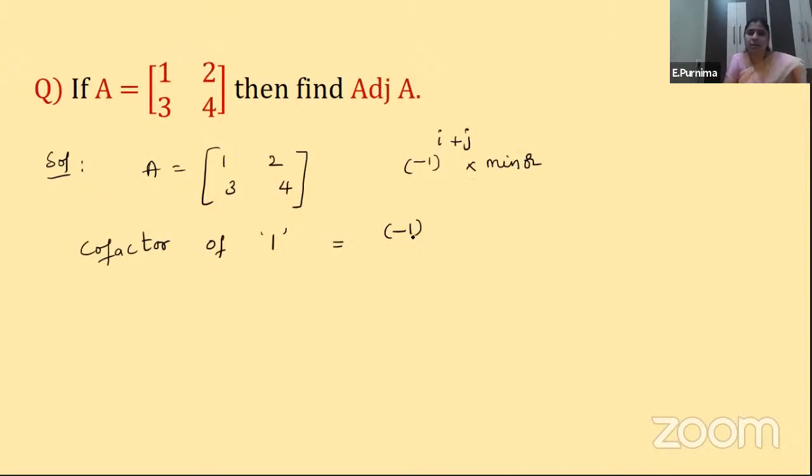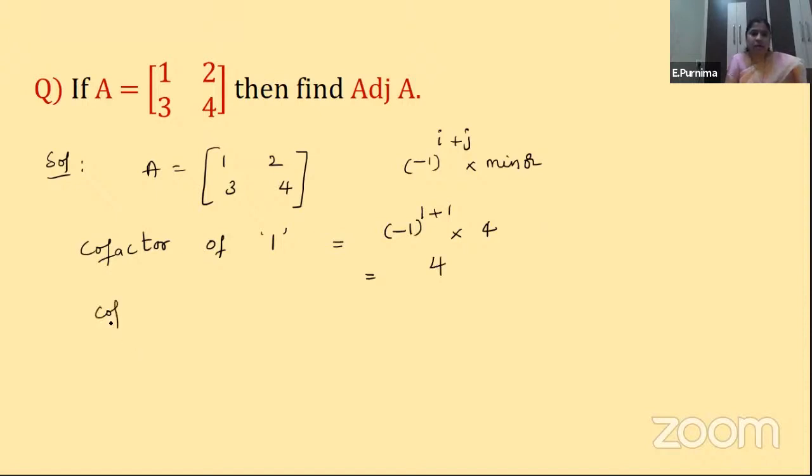So minus 1 to the power of i plus j. For the first element, the position of row and column is 1 and 1, so 1 plus 1, into its minor. What is the minor? If you delete the row and column in which 1 is present, the leftover element is 4. If it is a 3 by 3 matrix, we will be left with a 2 by 2 matrix, so we will find the determinant of that. Minus 1 whole squared is 1 only. 1 into 4 is 4.